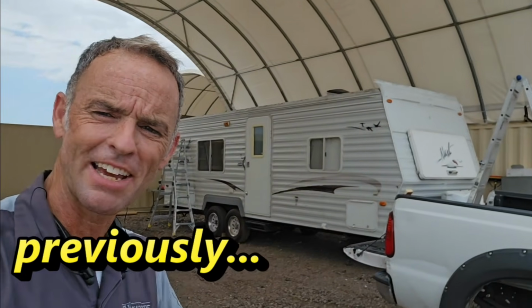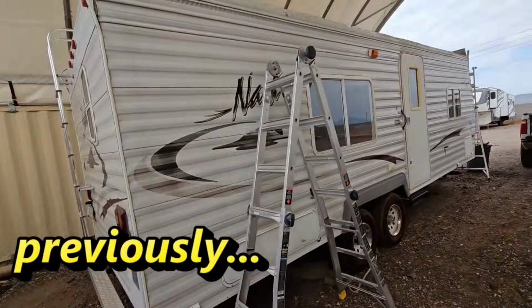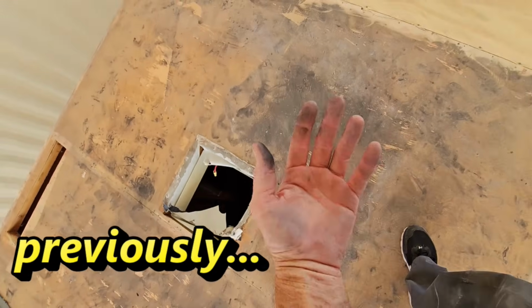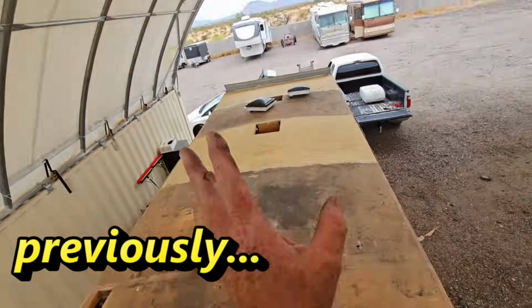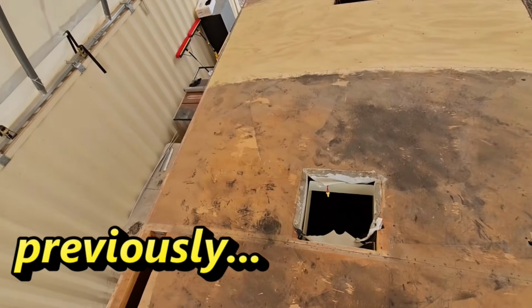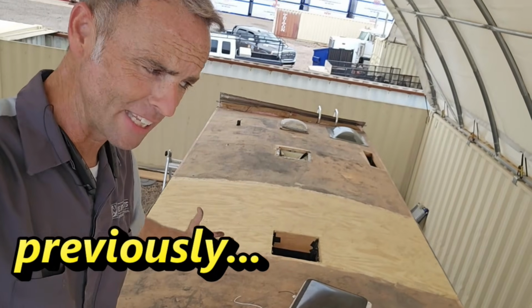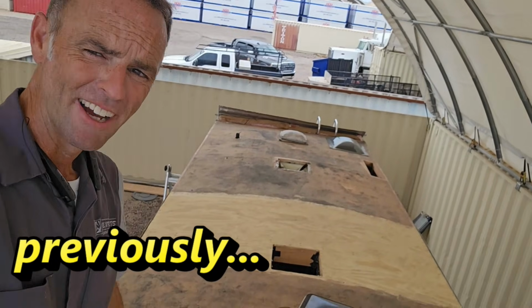Today we have a 2007 Northwood Nash travel trailer that we're going to be doing the roof on. And all these black smudges up here, that's from the roof membrane itself as the roof was being taken off. So now with the roof repaired, we're about ready to go ahead and put the new membrane on, finally. But please understand, this is still being done on a friendly budget, so we will not be doing everything pristine and brand new. And now we can just